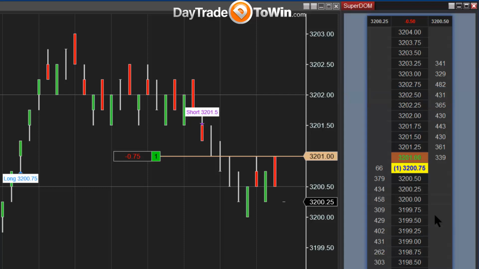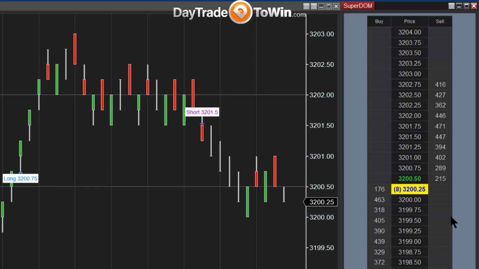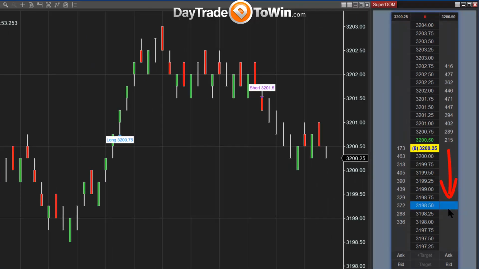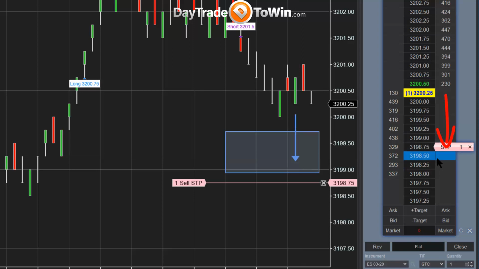And the same thing is true here on the short side. If you want to sell, let me just close this out. If you want to sell the market as it's moving down, meaning you're trying to jump on board the momentum in the same direction, you can't use a limit or a market because it's not retracing up to it. You're trying to get filled as the market is moving down in the same direction. So you have to use a stop order or you have to use a stop with a limit. And again, the stop with a limit says once it touches this price, how many ticks of slippage will you allow